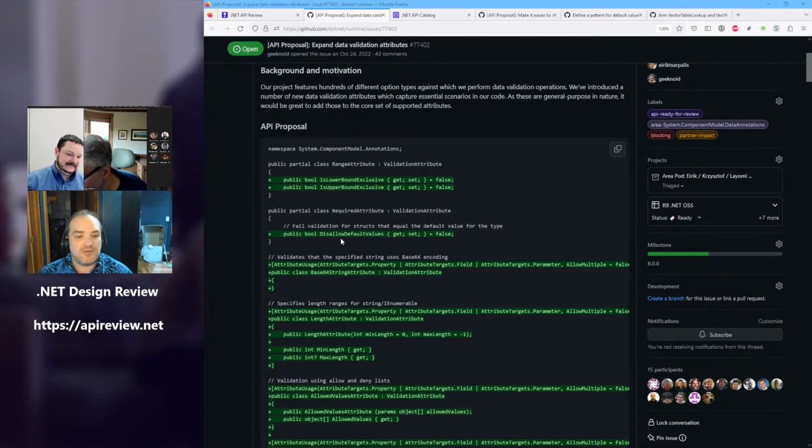Alright, so any objections to disallow all default values? One last question here about when having an enum with a default member inside it, which happens to be not 0. You mean you made the word default be not 0? Yes. I don't think we can. Is this a concern or we don't care?